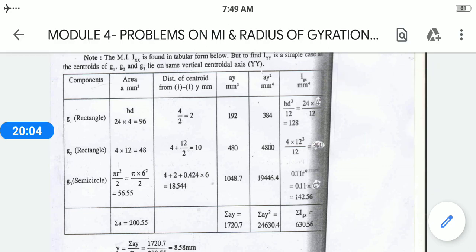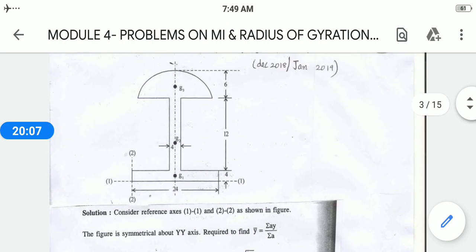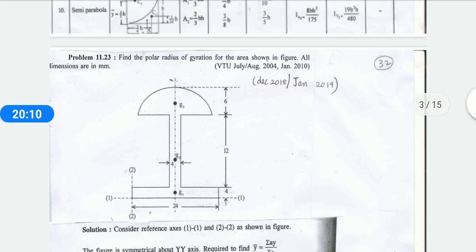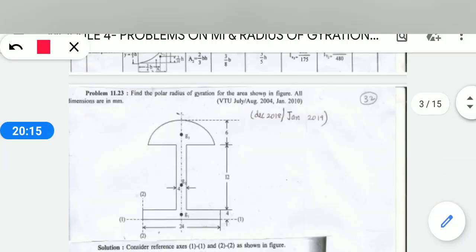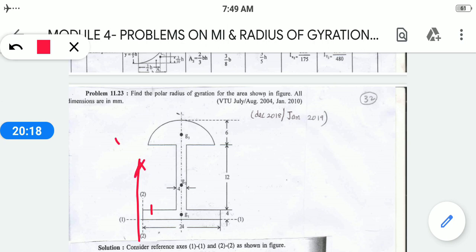Now I'll be explaining this problem. For the centroidal distances, you have to calculate what is the x distance and what is the y distance. Here, from the x axis, see they had given 1, 1 and 2, 2. That means this is your y axis and this is your x axis. So what will be the distance? This will be divided by 2 and your x will be divided by 2. For this also x is equal to divided by 2. That means how will you find the x distance? X distance will be equal to, see, this is 4 divided by 2, which is equal to 2.